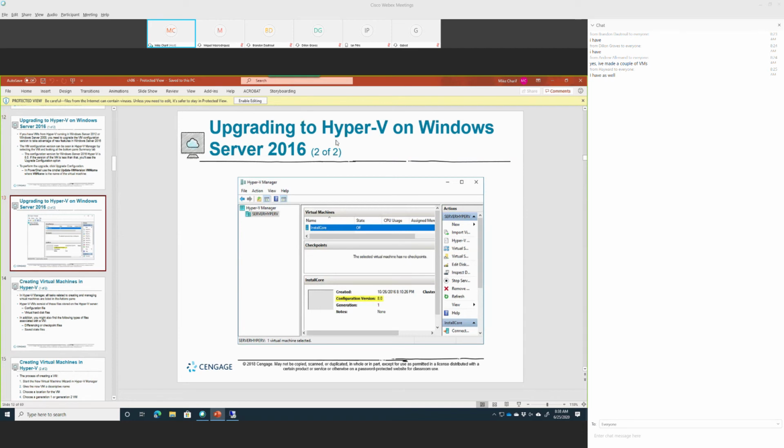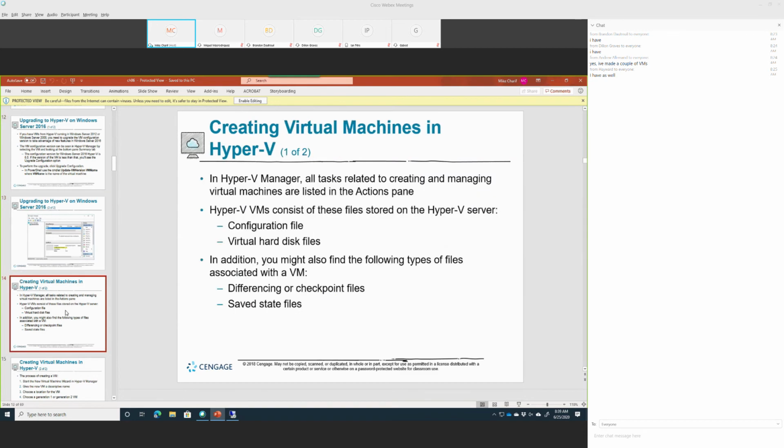So upgraded to Hyper-V on Windows Server 2016, like you say, what we have here. This is installed. These are the virtual machines right here, called install core. They have the configuration version 8, which is on the previous slides. You can install core, and you can